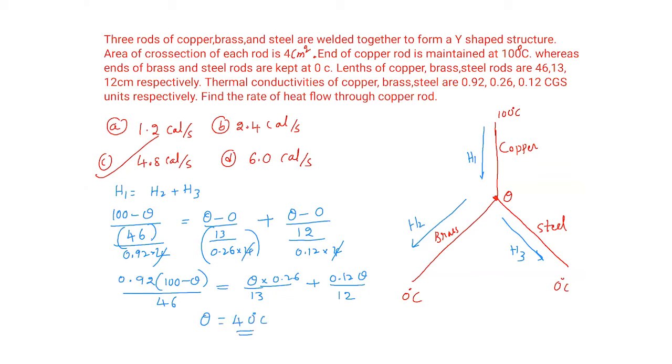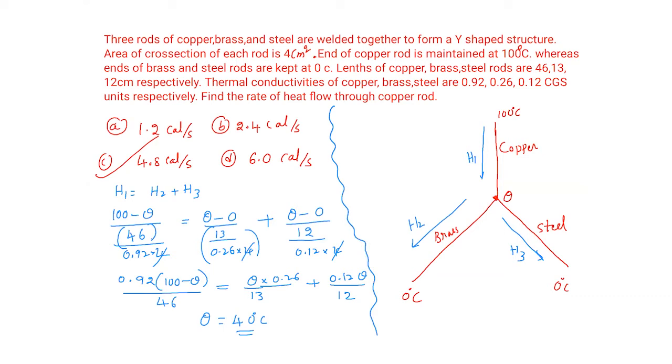All of you got this, children? Theta should be 40. Yes, it cancels by 2, so theta will be 40 degrees centigrade. You will simplify. First copy till here. Once we get theta,